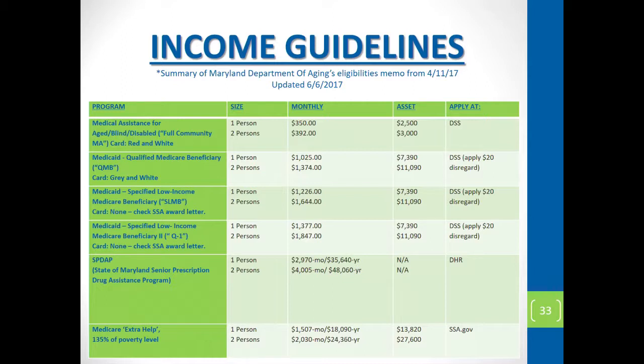The same application will help you apply for both of these programs, actually all three of these. And you can see the different income guidelines, if it's a widow or if it's a couple, and different ways they go down there. So if you pull out that second packet,